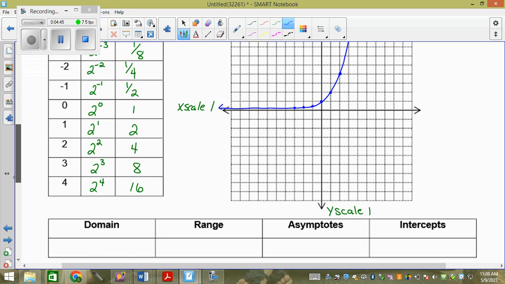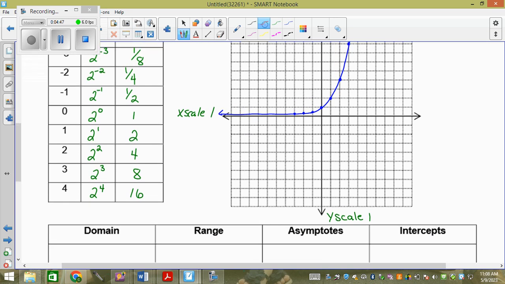This is also something to note. This doesn't show up on your graph, but what's happening here is it's getting closer and closer to the x-axis, but it's not touching it. So you have a dashed line on the x-axis. This is called a horizontal asymptote. We talked about asymptotes last year. You have a horizontal, because it's horizontal, asymptote, because it doesn't exist, but it makes the graph curve there. A horizontal asymptote